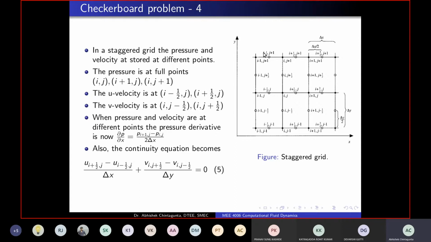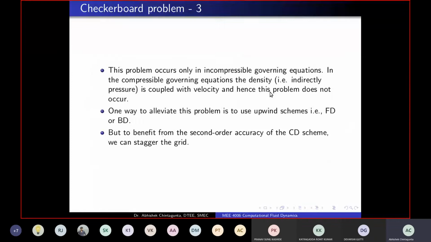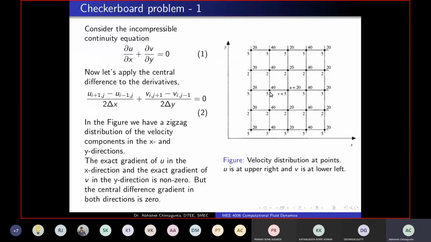So what happens now to the central difference is that the right point to I is I plus half, and the left point to I is I minus half. So the variable value at I plus half minus the variable value at I minus half is divided by the distance between these 2 points. If we do that, the u velocity will be non-zero. In the previous case, what did we have? 40, 20, 40, right? So here 40, 20, 40 will be here, and we are going to get non-zero